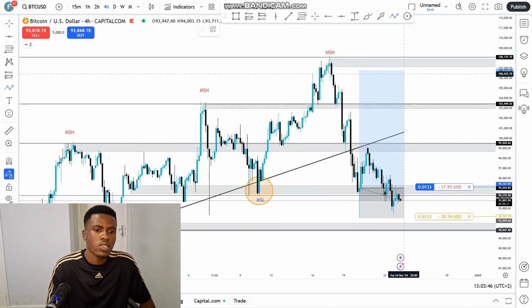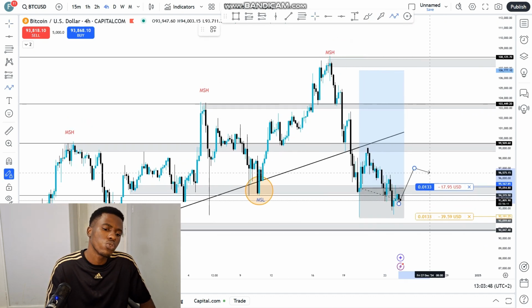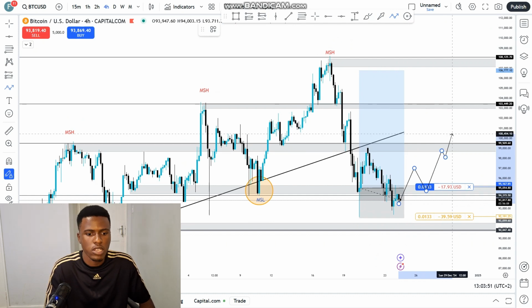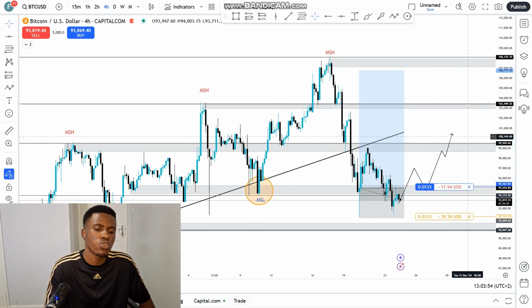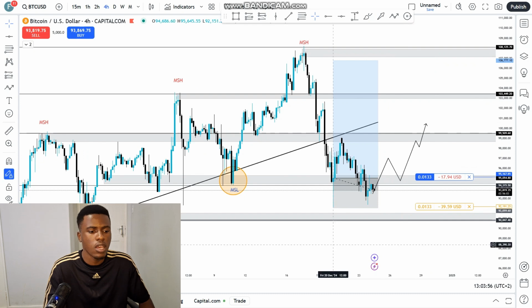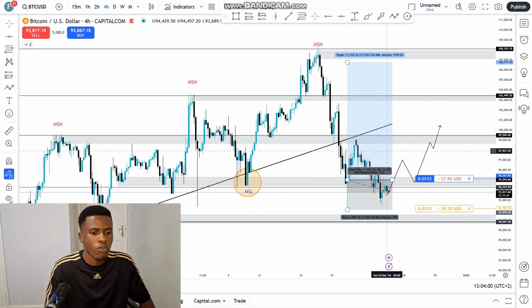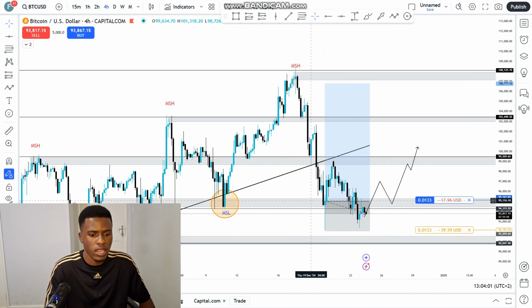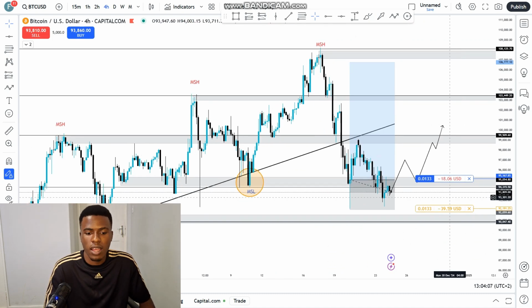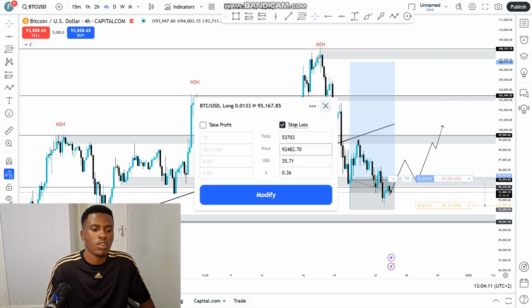So on this one, I was still expecting price to continue to the upside, right? Since it's a risk on environment at the moment, I was expecting price to continue to the upside, but clearly we're not seeing that. So if price does continue, I will stop out and maybe look for opportunities elsewhere. Other than that, if we do see a bounce and a continuation to the upside, hey man, continue to trail my stops and make some profits on this one, right?